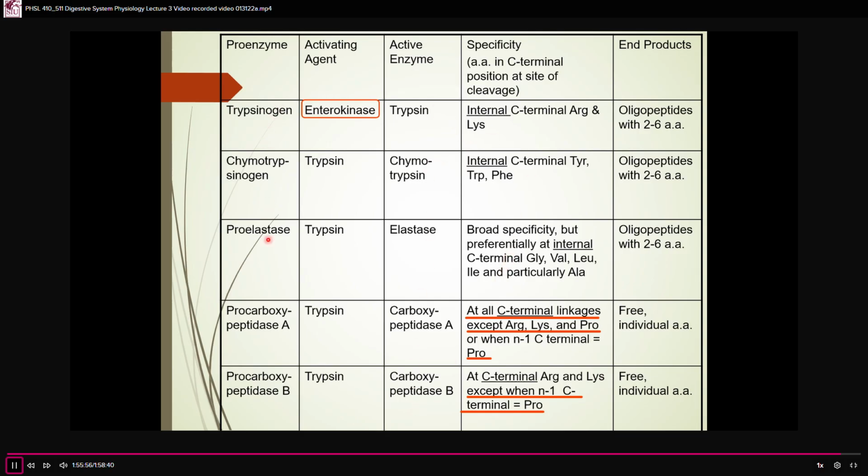Second thing, why do we have so many different types of protein digesting enzymes? Because there are lots of different amino acids, and depending upon how they're put together and in what combinations, it can make it hard for some of these peptide digesting enzymes to get in and cleave particular linkages. So each one of these has a different site along the length of a polypeptide chain where it likes to cut, with different specificities. I don't want you to know all of these. The only point that I want to emphasize again here is that I said at the beginning